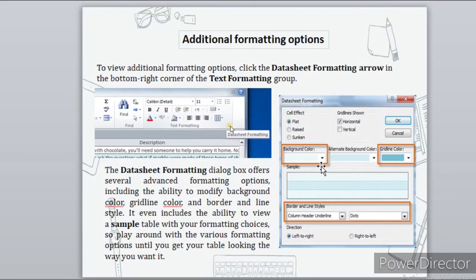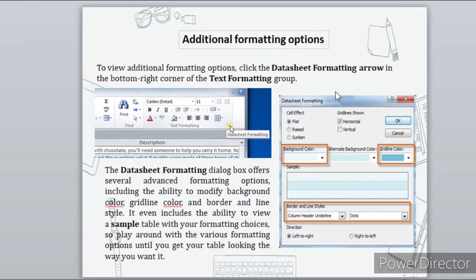Let us see some more additional formatting options in tables. To view additional formatting options, click the Datasheet Formatting arrow in the bottom right corner of the Text Formatting group.